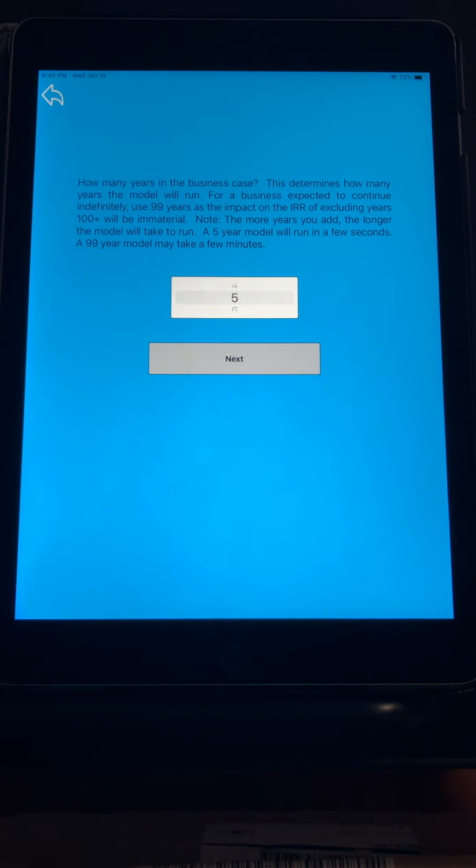Now it's going to ask you how long you want the model for. So if you've got an indefinite business case, you can put 99 years. I'd probably advise against that because the model takes a long time to run, and when you're looking on a discounted value or an IRR basis, you're probably not carrying more than 20 years out into the future. So for this, I'm just going to put 5 years,